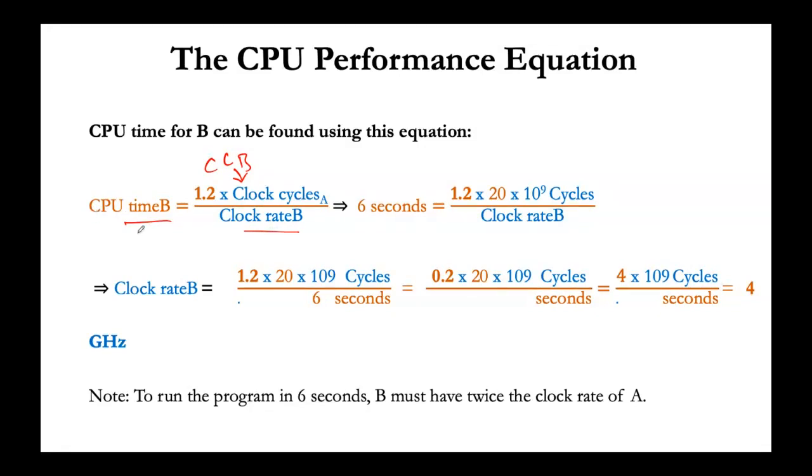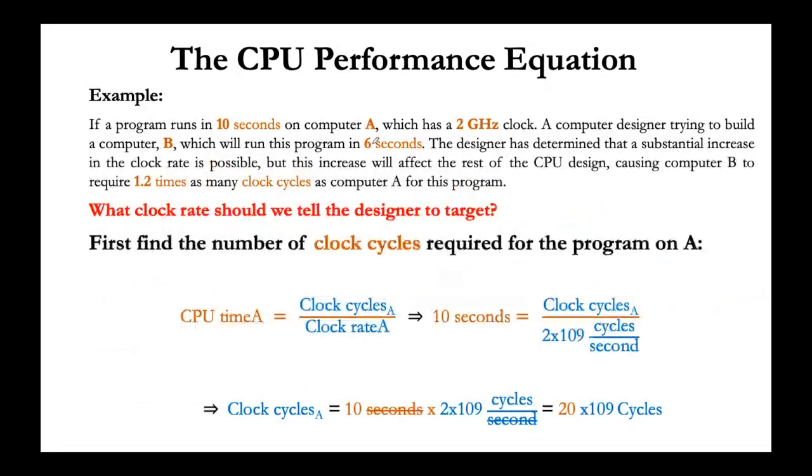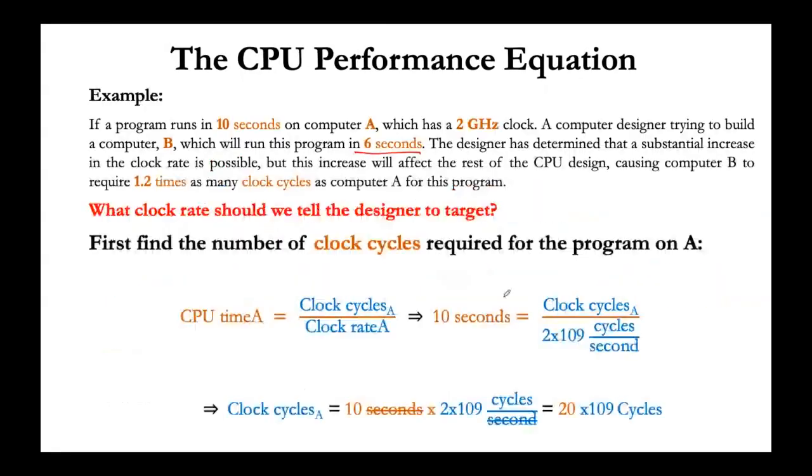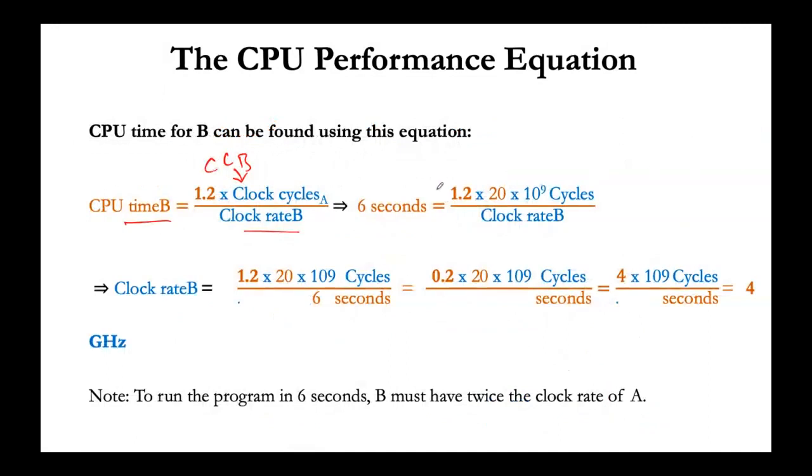Here the CPU time taken is 6 seconds to execute the same program. So 6 seconds is equal to 1.2 into the clock cycles of A. The clock cycles we found here are 20 into 10 to the power of 9. So we add here 1.2 times 20 into 10 to the power of 9 cycles of A, divided by the clock rate of B, because we are interested in finding B. So the clock rate of B is equal to